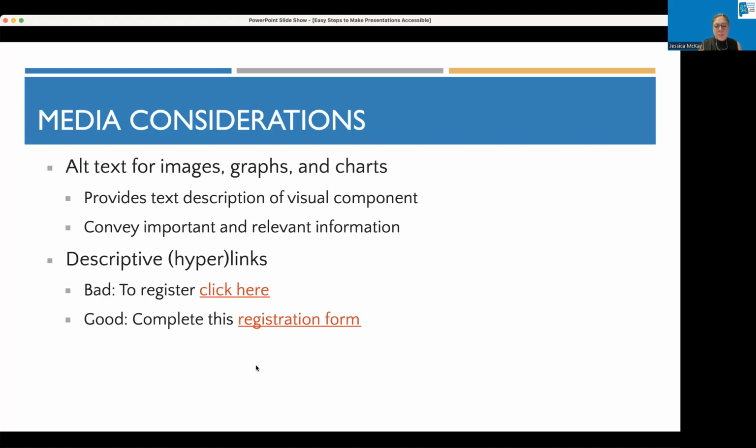The reason why we do this is for a couple different reasons, but for screen readers, when screen readers pull up the web links, it will typically pull a separate window that has all the links that are available on the screen or on a web page. And it will just pull the text that is the link. So it'll just say, click here. So if you have a lot of click here, click here, click here, click here, it doesn't actually tell me really where I'm going until I click on it. Whereas if it says registration form, maps, you see where I'm going with this? It's giving you that additional information.